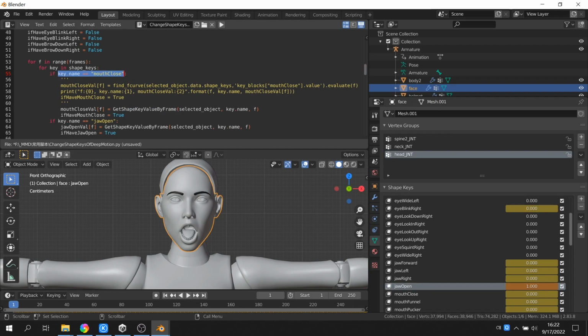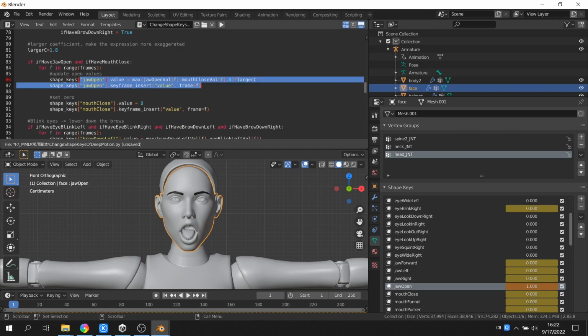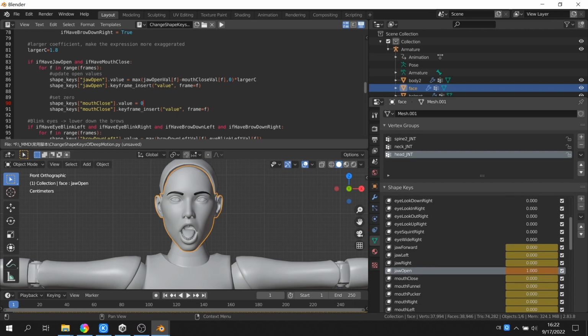For example, the MMD mouth shape key may correspond to two shape keys of Deep Motion model, including jaw open and mouth close. I simply make a difference between these two values and multiply them by a coefficient named larger C. Then I insert this value into the origin animation curve.